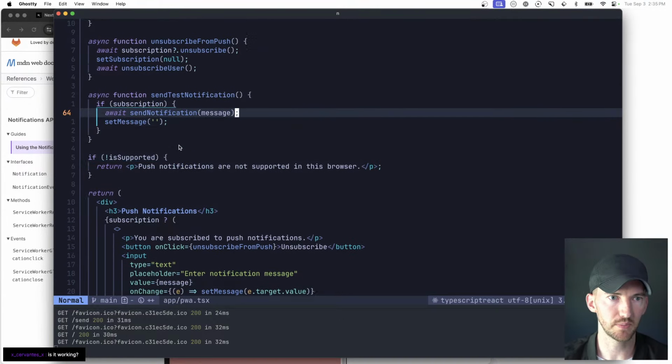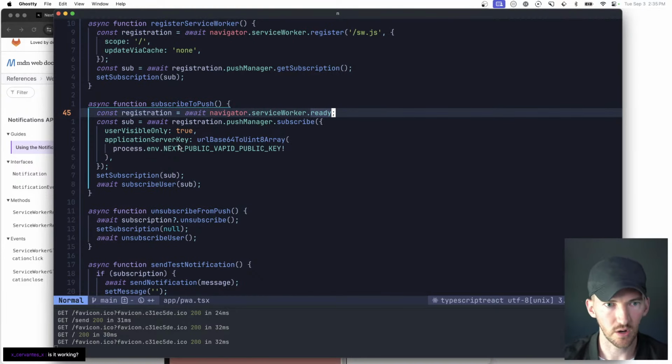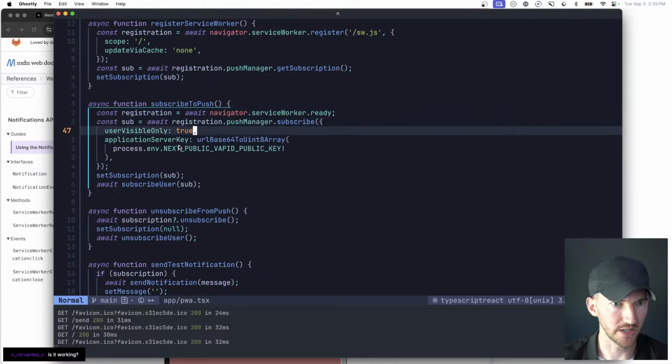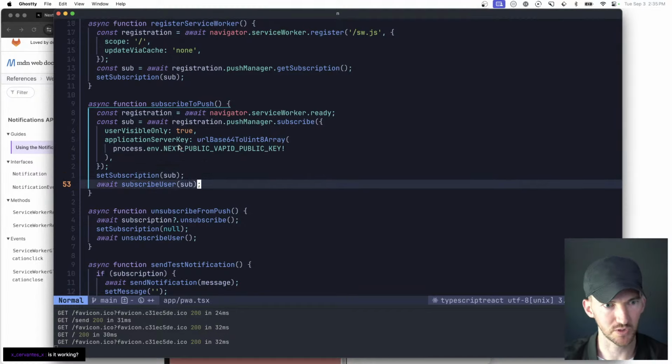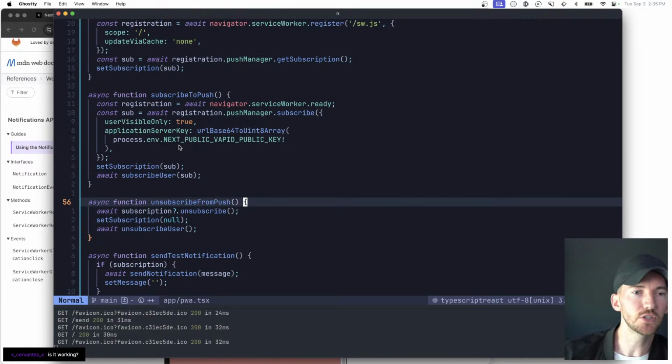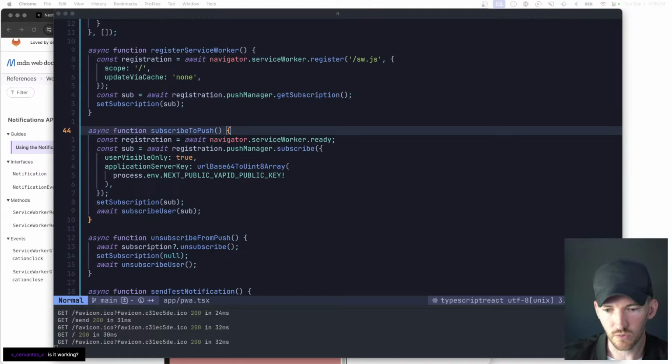If I subscribe to push, what I'm going to do here is use this web push notification API, and I can register my client here using this public private key that I'm going to show in a second. I can register the subscription, I can set the subscription, and call a server action to subscribe the user. And this is interesting because in a lot of the PWA examples I had seen that were trying to do notifications, to get the notifications working right,